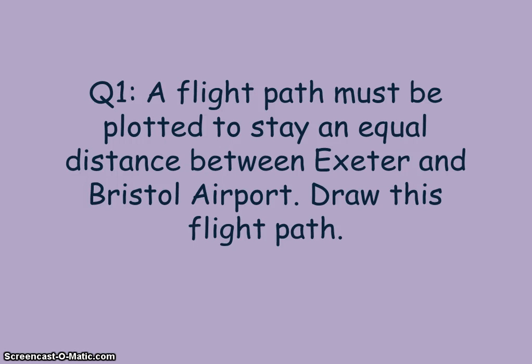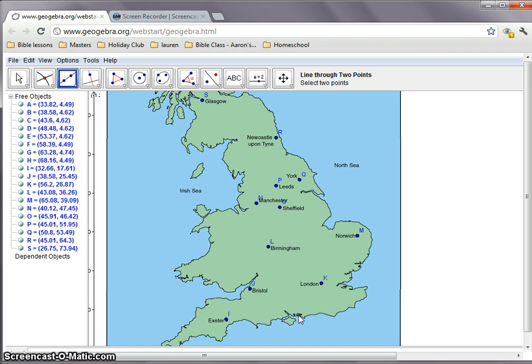Okay, so question 1 says a flight path must be plotted to stay an equal distance between Exeter and Bristol Airport. Draw this flight path. Well, we've now got our Geogebra file